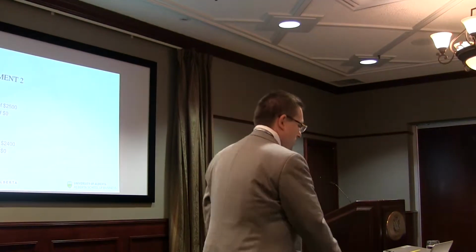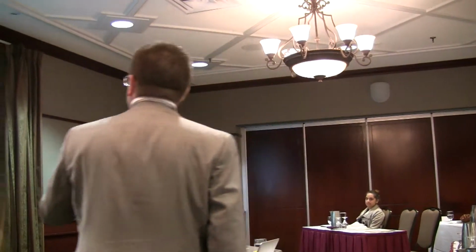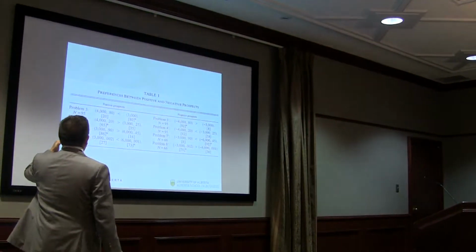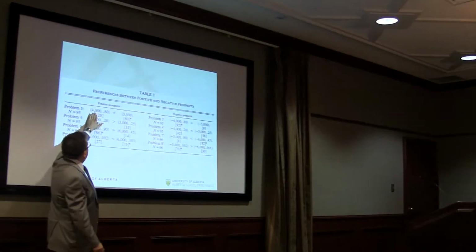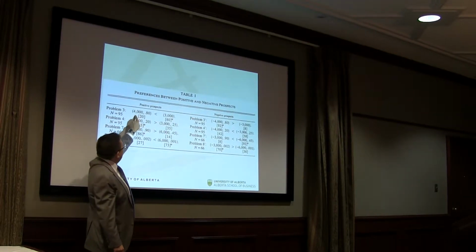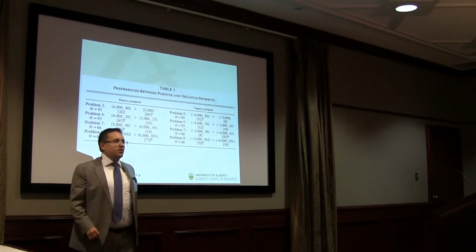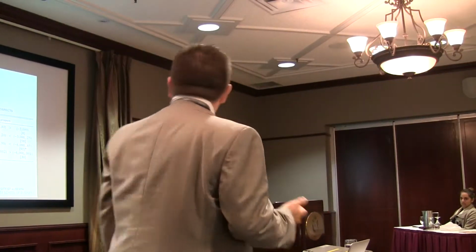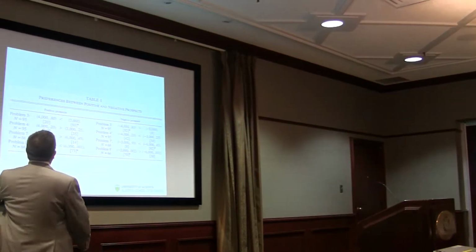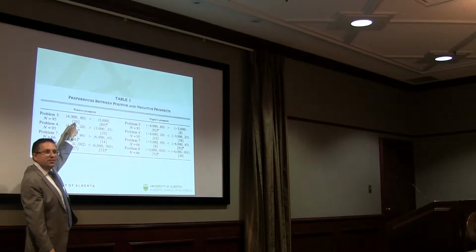So this is the whole crux of Kahneman and Tversky's argument. And they took it even further. And what they did is they gave people a bunch of different gambles. Okay? So they said, and they didn't actually pay out this much money, but they said, in theory, you have a choice, you have 80% probability of getting $4,000, or for sure you'll get $3,000. Okay? Which do you choose? Well, not surprisingly, a lot of people liked the sure thing, even though here you get $3,200 in that condition.